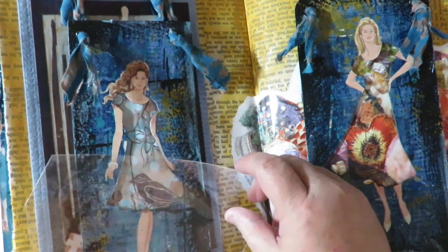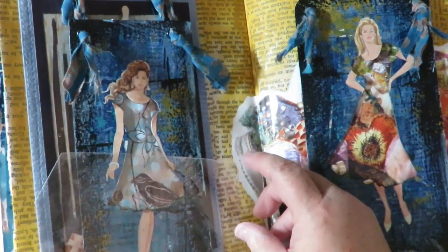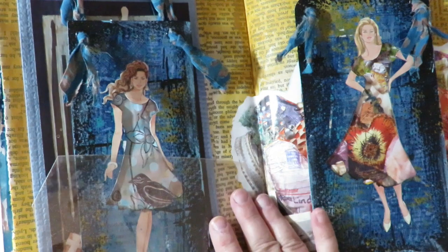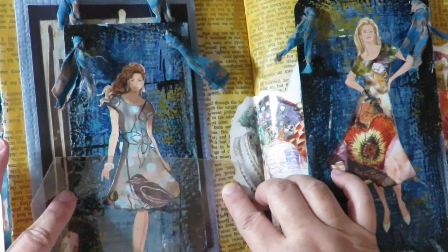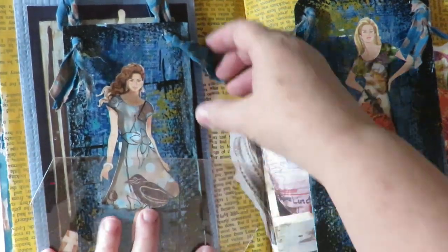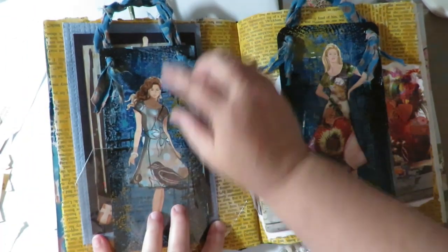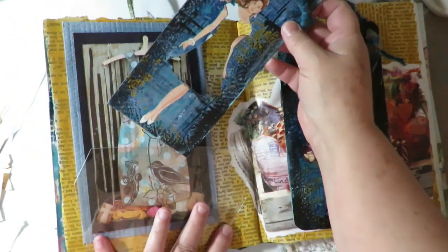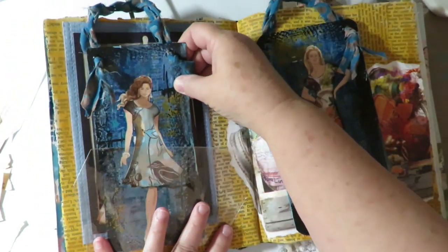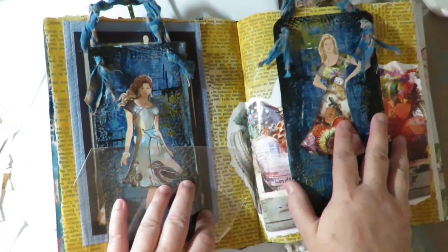So now what I'm going to do is take some mica. You could use pieces of plastic from packaging. I'm going to use mica, and I'm going to put it over the tag, and I'm just going to mark and put some eyelets here and here along the sides. That'll create this see-through pocket. Let me back up a little. There you go. Create this see-through pocket where you can see her and the pattern behind her dress, but yet you can pull this out and take it other places and put it over things to put different dresses on her. So that's what I'm going to do, just eyelet this mica down to make a pocket here,